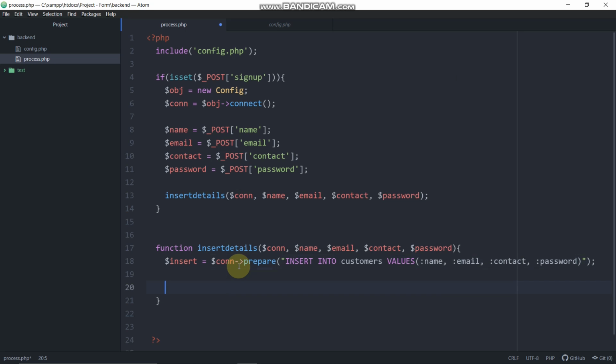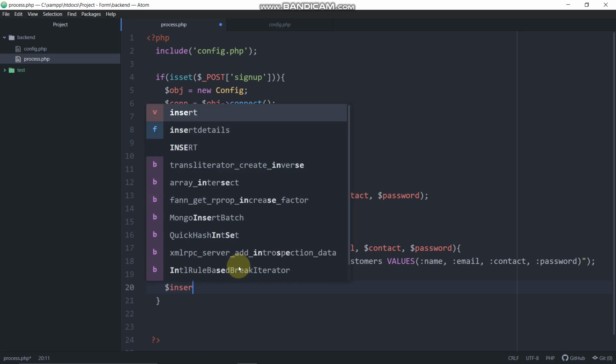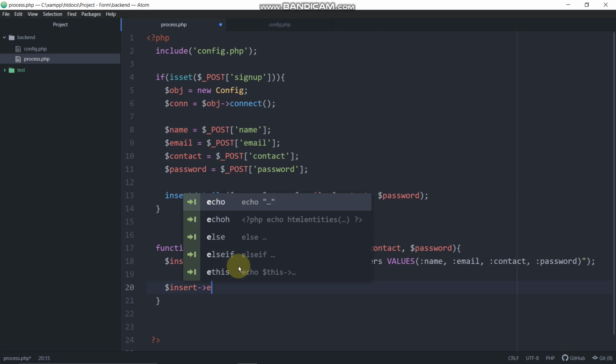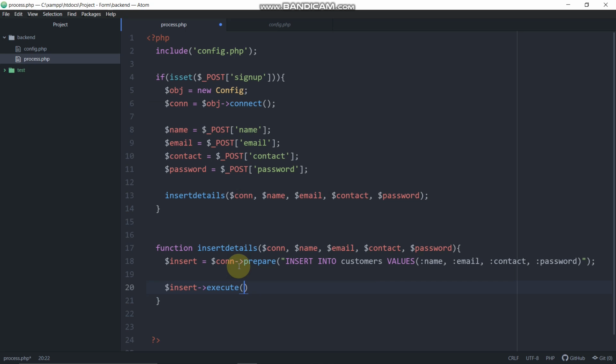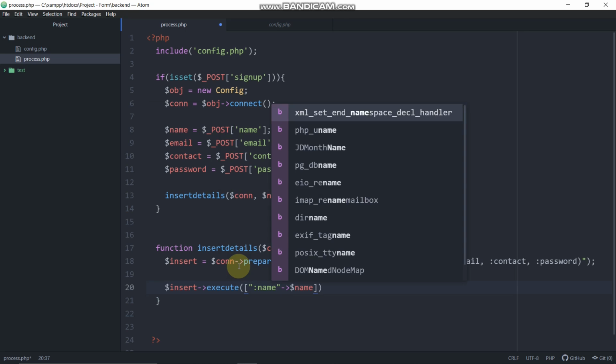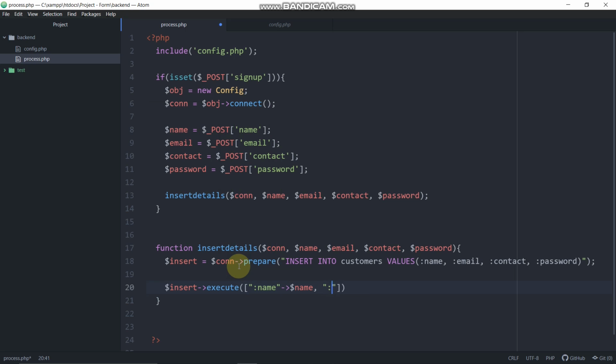Okay, so now we have to bind it all. So many people use bind param to bind the parameters, but I do not use bind param. I use execute array. So I'll write insert execute, and instead of typing an array, I just create one associative array to be more specific. Name, this would point to the variable name, and email, this would point to,